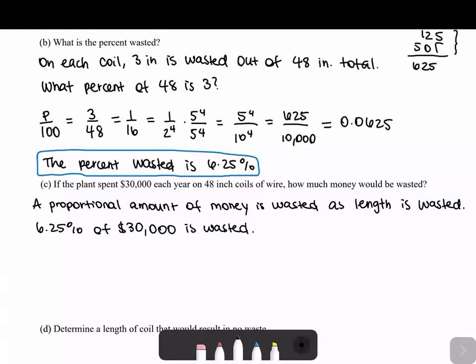So we just need to find 6.25% of $30,000. So we can do that using multiplication, right? Of tells us there's an implied multiplication. So it's great that we already know what 6.25% looks like as a decimal, because we can use that to do this multiplication. So we have 30,000 times